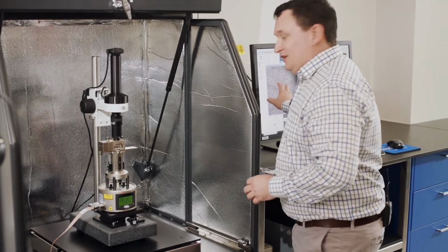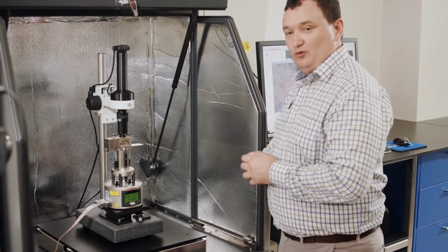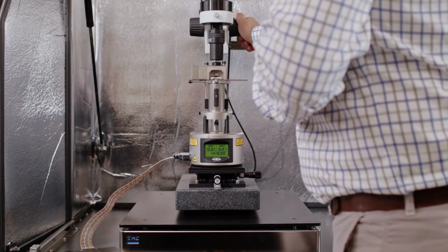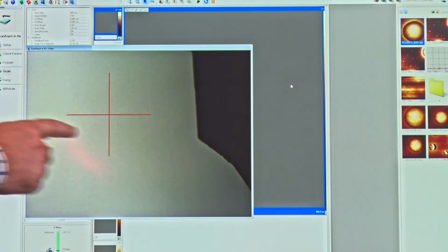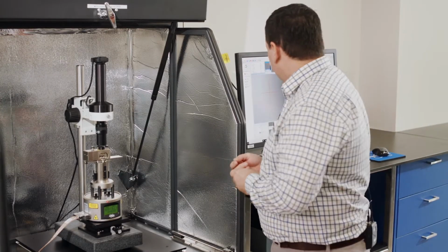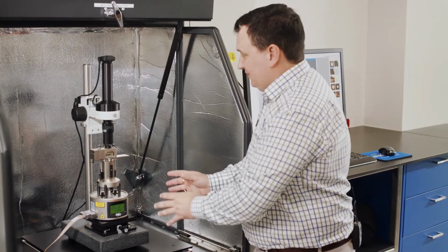So if you don't see your sample, if you don't see the cantilever beam, the probe that we've installed over here, we need to then move the system underneath the optical surface in order to see that. So if I focus up here, I see the edge of my chip here, but I don't see the actual cantilever beam which is making the measurement. So what I need to do now is move the entire system underneath the optics,